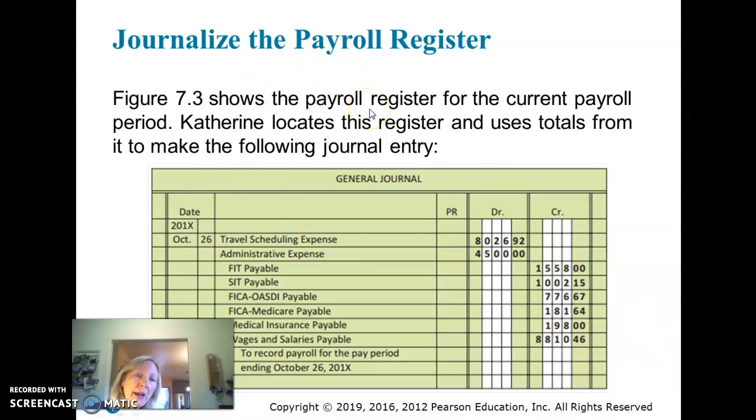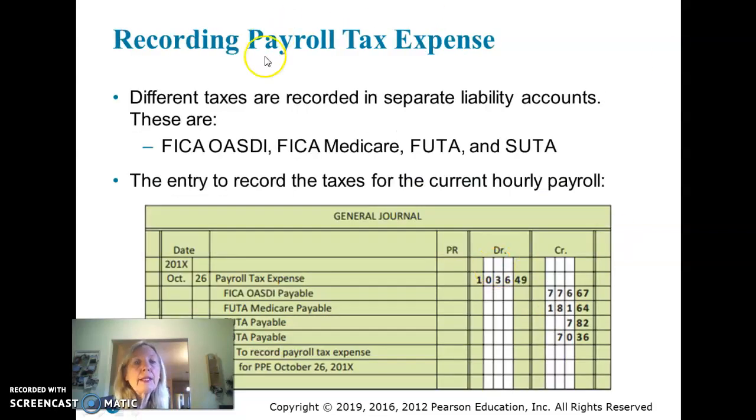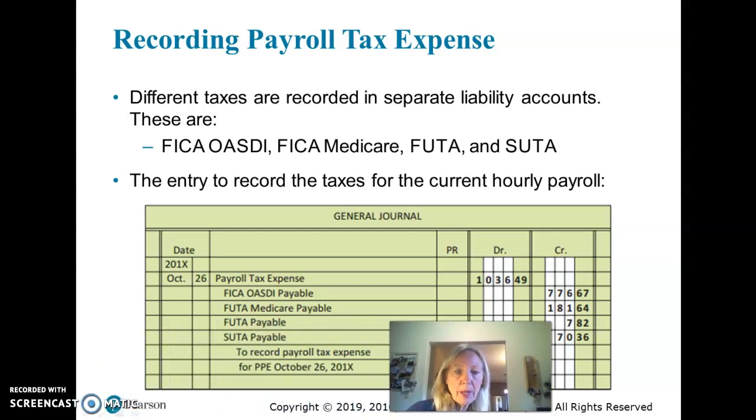The other thing you have to do is you have to journalize the taxes that the employer has to pay because we keep track of every penny that we spend in accounting. So this is journalizing the payroll register. This is journalizing the payroll tax expense. So this is just what the employer has to pay. So let me move again. Bad spot. So this is the total amount of payroll taxes the employer pays, which is the sum of